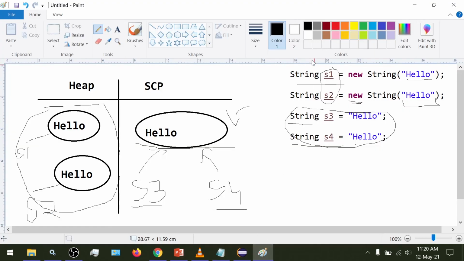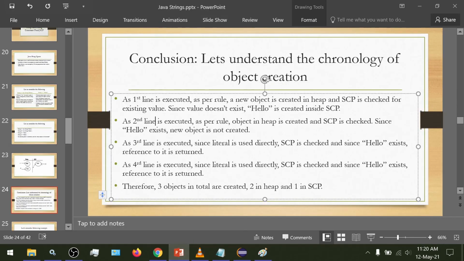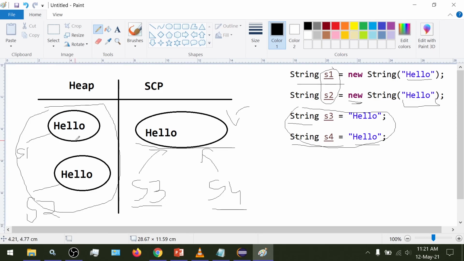Then we go to the second line, s2. As per our rule, we have used the new keyword, so an object in heap is created and the SCP is checked. Since hello exists, a new object is not created, and in total we would have three: two in heap and this one in the SCP.